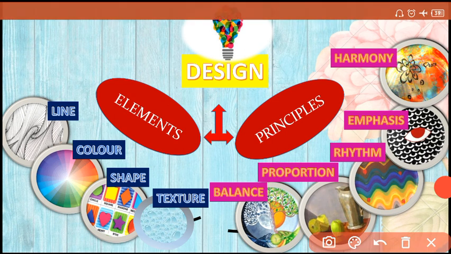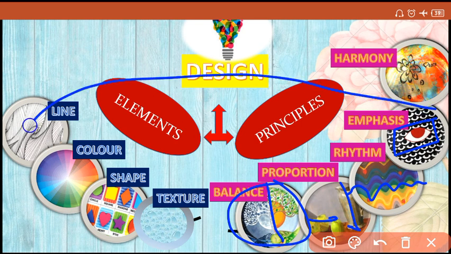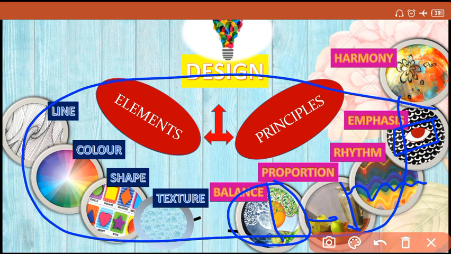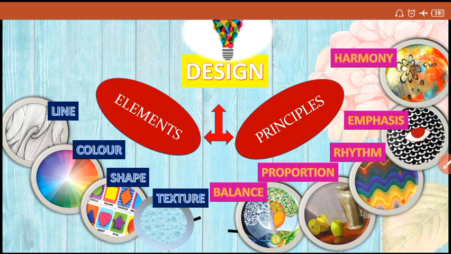What do we create? First, balance between different line, shape, color, and texture. Then you have the proportion: short, long, small. Rhythm, the pattern or the repetition which we have. Emphasis: in this picture, you can easily find this red colored eye. When all the elements and principles come together and go as one, it is harmony. Here we'll be talking only about the elements.